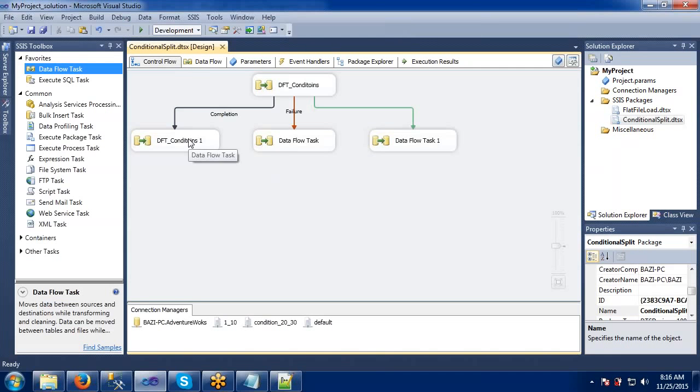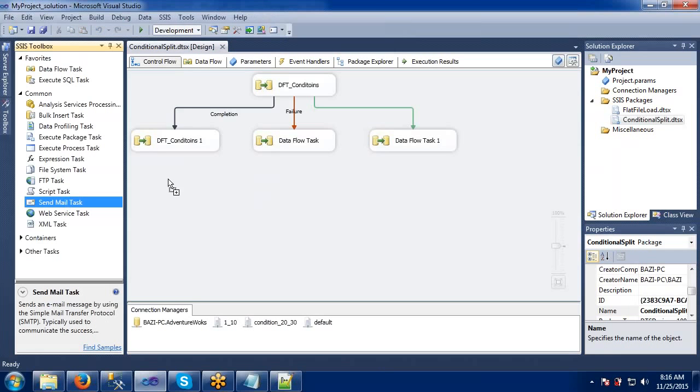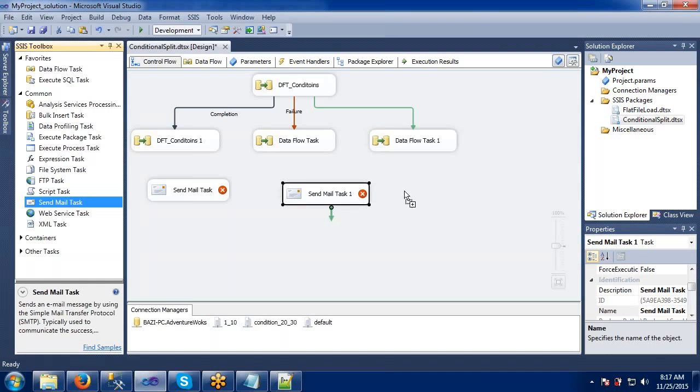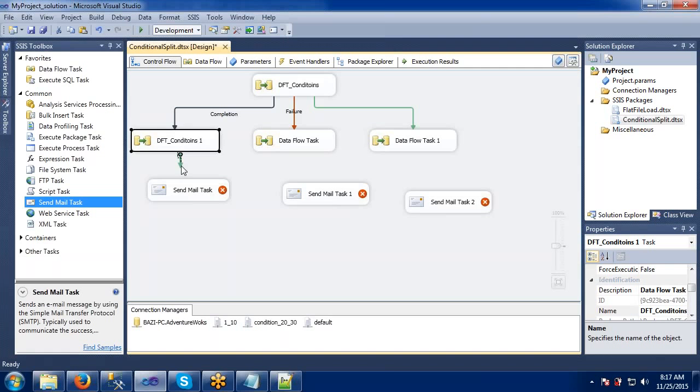Once this is done, we have another task here, which is the send mail task. What will this send mail task do?